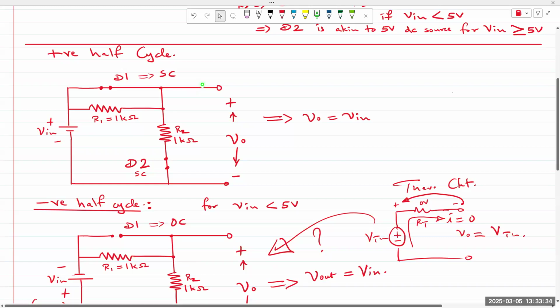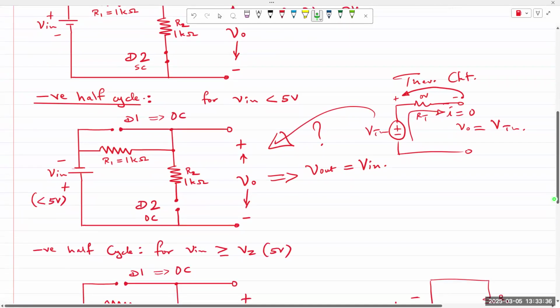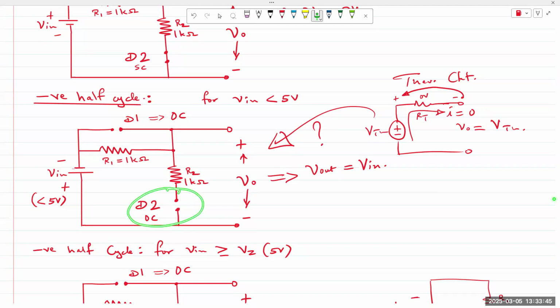And if the diode remains off, then D1, of course, is going to remain off or open circuit in the negative half cycle. D2 remains off as long as V in is less than 5 volts. And in this case, V out would still equal V in, because the circuit looks like this. This is open, so R2 is no longer in the picture, and V out is taken like this. Right? Connected directly